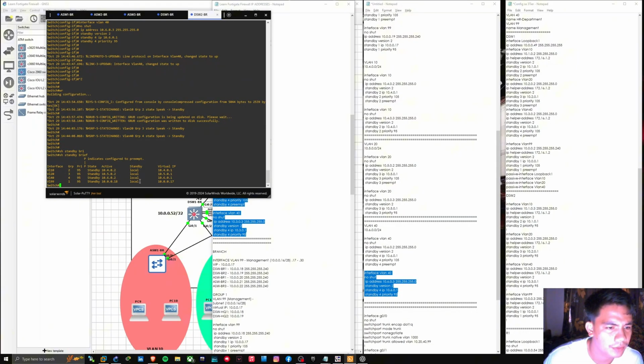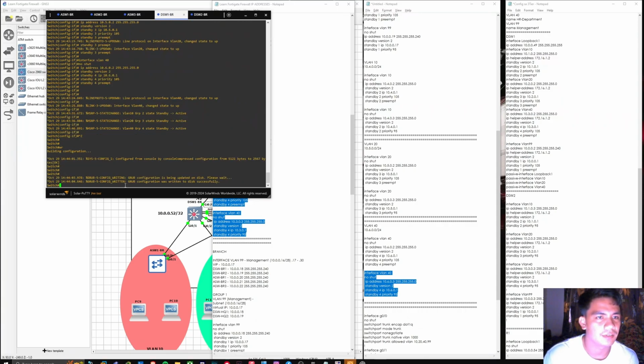Okay, as you can see here, the standby is local. That means this DSW2 is the standby router. Their virtual IP is the first usable IP address, and for SW1